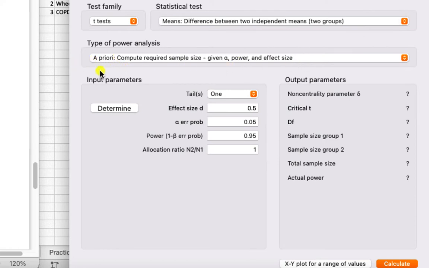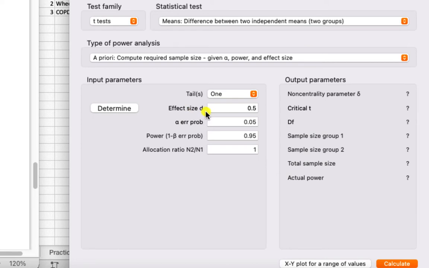And then the first power analysis we are going to run is an a priori power analysis. So we would run an a priori power analysis when we've collected some pilot data and we want to know what the required sample size would be given a certain alpha level, a power level, as well as an effect size. We haven't talked much about effect size yet because we haven't been comparing means in a way that effect size would be important to us, but the effect size that we would input in this test is Cohen's d